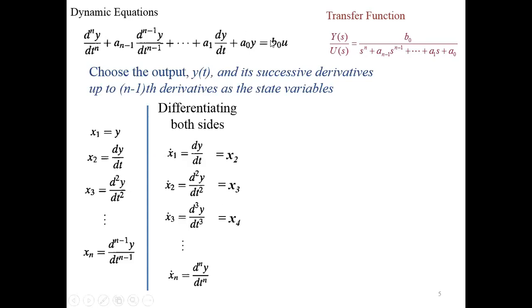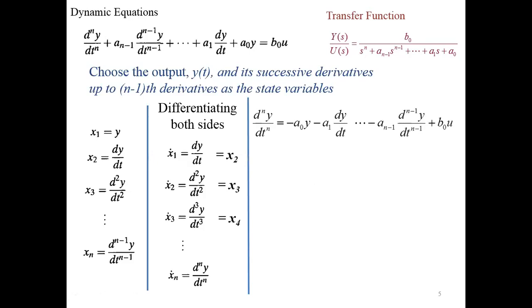So first of all, we have taken the output y as x1, then up to xn, and the derivative of n minus 1 power. The n minus 1 derivative will be taken, again differentiating both sides and equating consecutive values. The derivative of the first term will be equal to the next term. So if we want the nth derivative, all the terms will be moved to the right side like this,